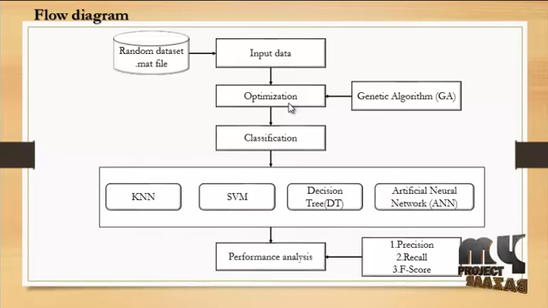Here we use an optimization technique, the genetic algorithm, called GA. The evolution usually starts from a population of randomly generated individuals and is an iterative process, with the population in each iteration called a generation. In each generation, the fitness of every individual in the population is evaluated. The fitness is usually the value of the objective function in the optimization problem being solved. The more fit individuals are stochastically selected from the current population, and each individual's genome is modified to form a new generation. This is the process of optimization.